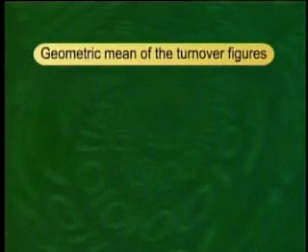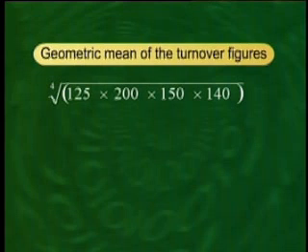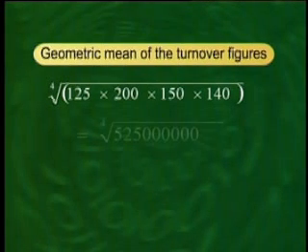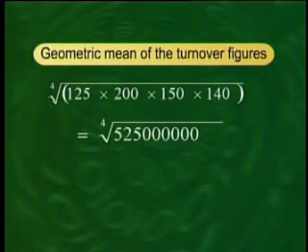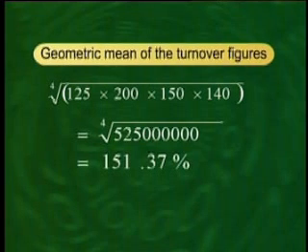As you now see on the screen, the geometric mean of the turnover figures is 125 into 200 into 150 into 140, and the fourth root of this product comes out to be